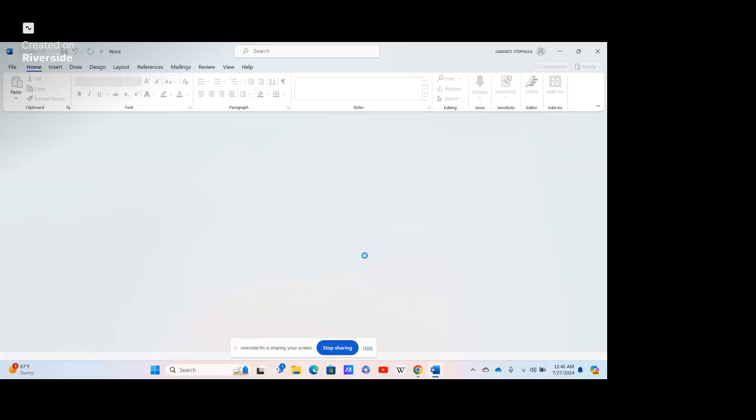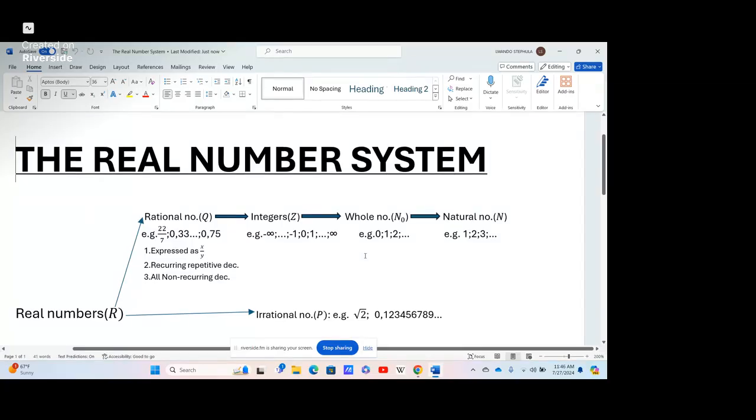Everyone, welcome to the real number system that I talked about in my previous lesson. The real number system is important because it allows us to classify numbers into different groups according to their characteristics. Numbers that have the same characteristics are classified into one group, and that makes our maths